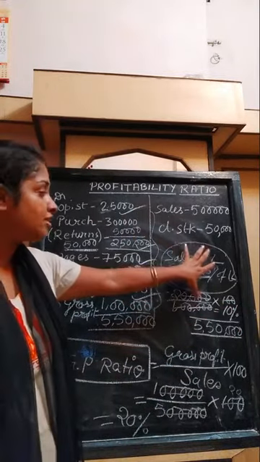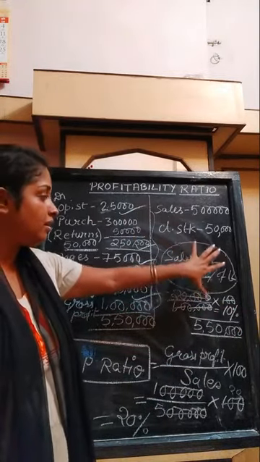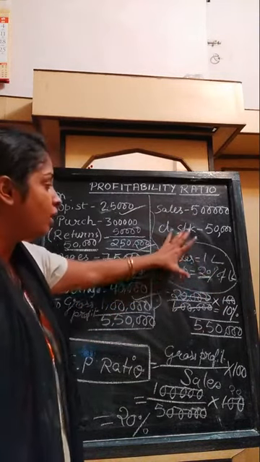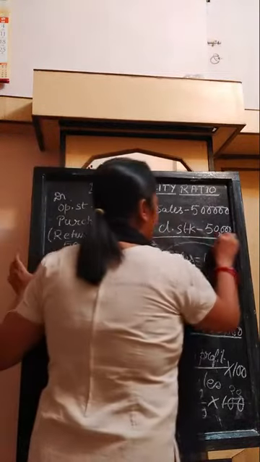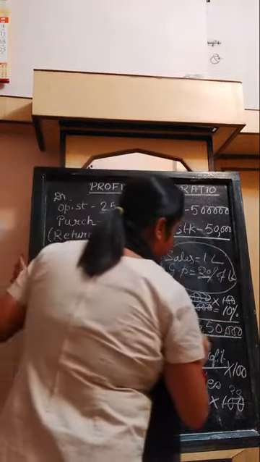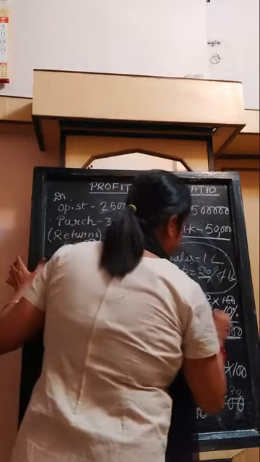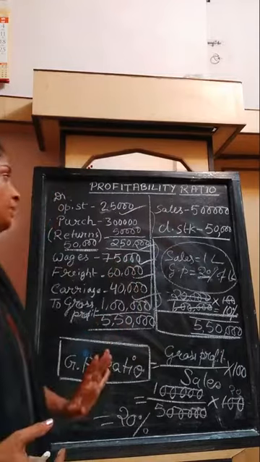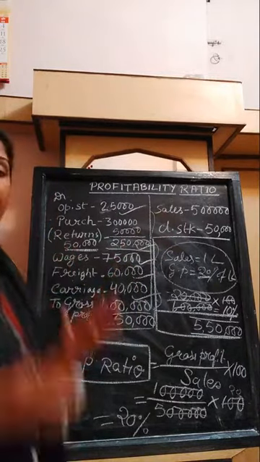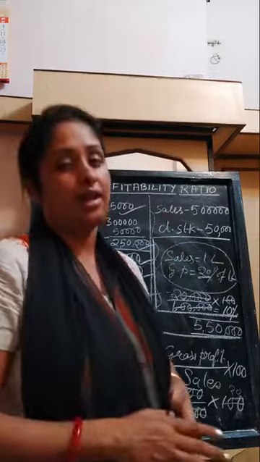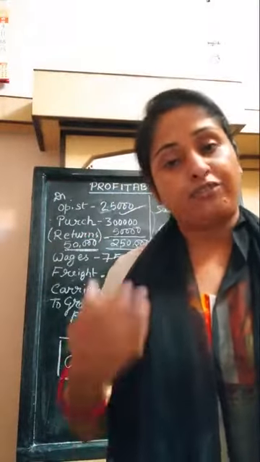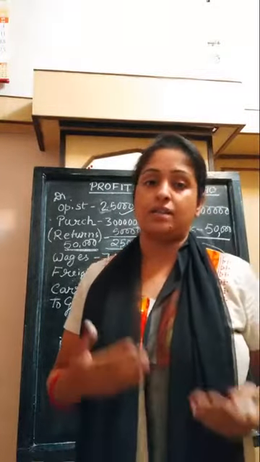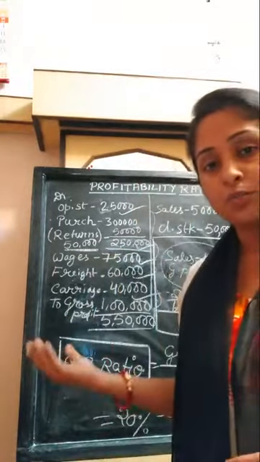This type of short sums is not a part of this whole sum. This is an individual sum. Just I have shown you only because these type of small sums can come as an objective. This type of small sums can come as an objective in the MCQ. Otherwise, you will be provided with sums like this, where items of trading account will be there and you have to find out the gross profit, and from that gross profit you have to find out the GP ratio by utilizing the sales. I hope you have understood this profitability ratio.